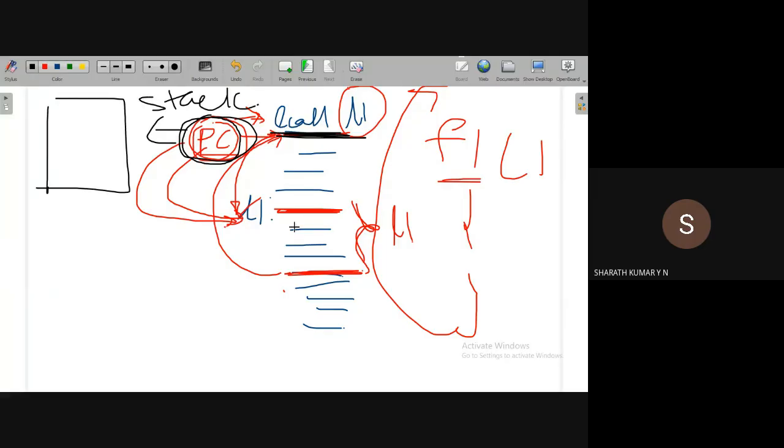Because whenever it comes back from the subroutine, it should know where to go back, which instruction to continue from, which point to continue the execution in the main program. Thereby the content of PC will be saved on the top of stack memory, and after saving, the content of PC is updated, changed to the target address, which is indicated by the name of the subroutine, which is part of the L call instruction.